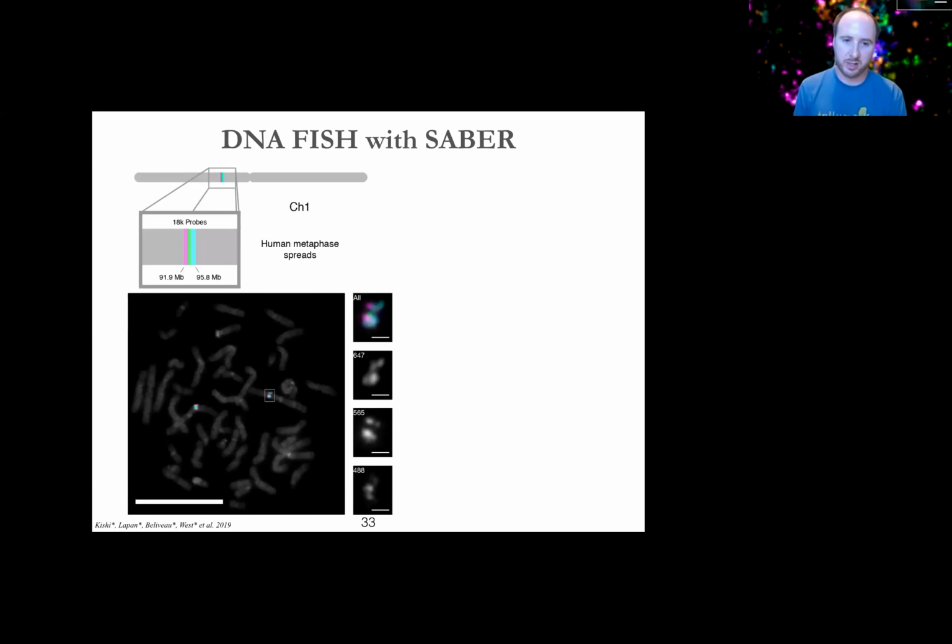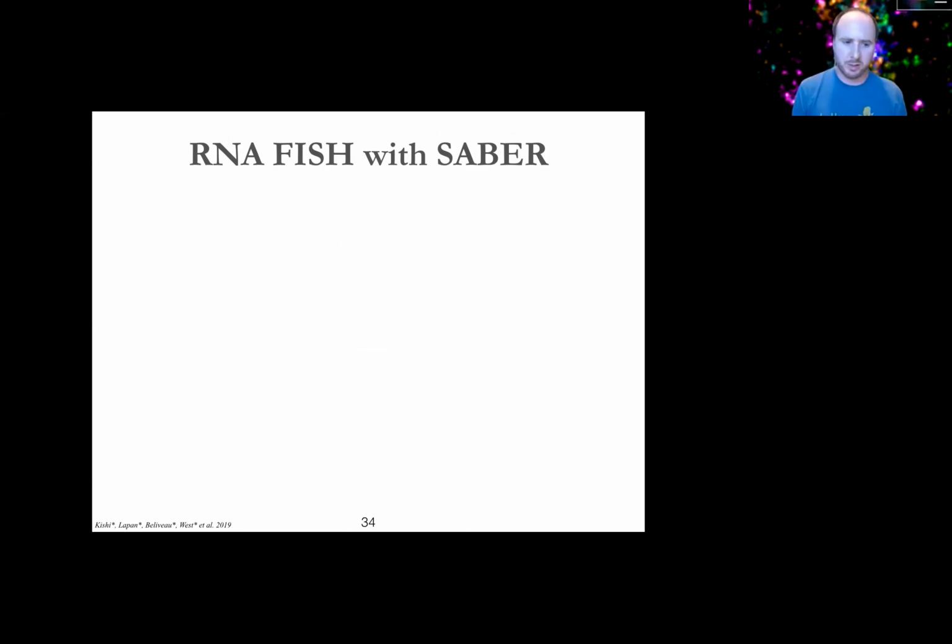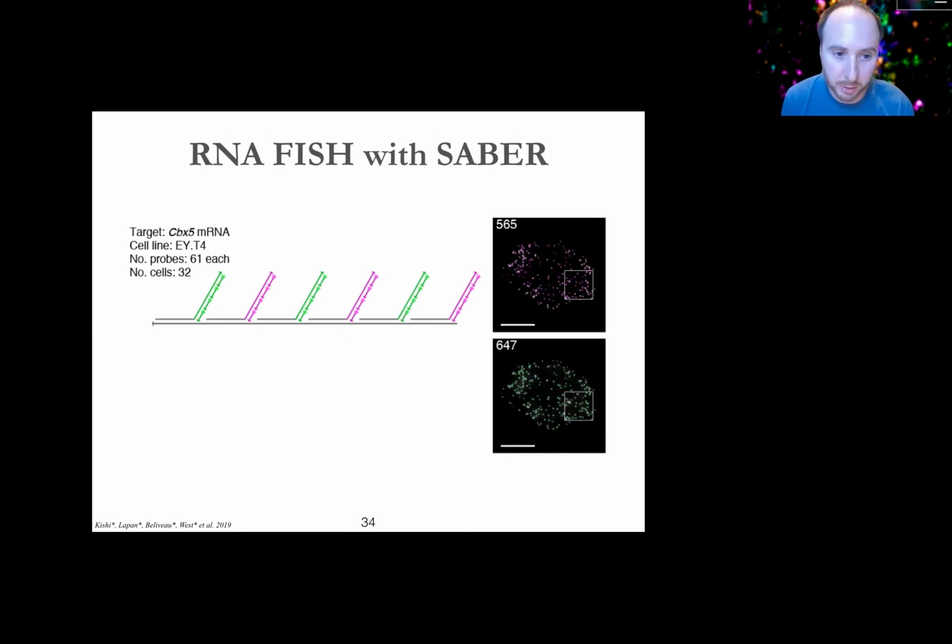For RNA FISH, the validation is a little bit different. So the typical way to do this, and this is taking a play from the Arjun Raj playbook, is to take your transcript and break the probes into 2 flavors. So in this case, 2 different PER sequences being extended and being recognized with different complementary oligos bearing distinct fluorophores. So practically what we're doing is taking, in this case, the CBX5 RNA in mouse embryonic fibroblast cells, and putting 61 green probes and 61 magenta probes on, imaging them separately, and then asking how concordant the two images are after automated image analysis and segmentation.